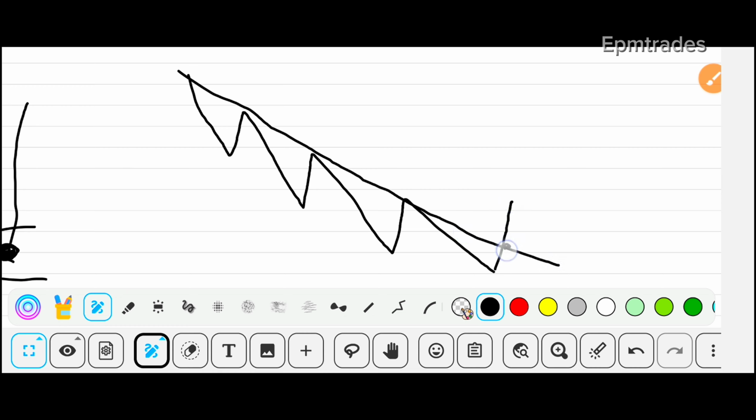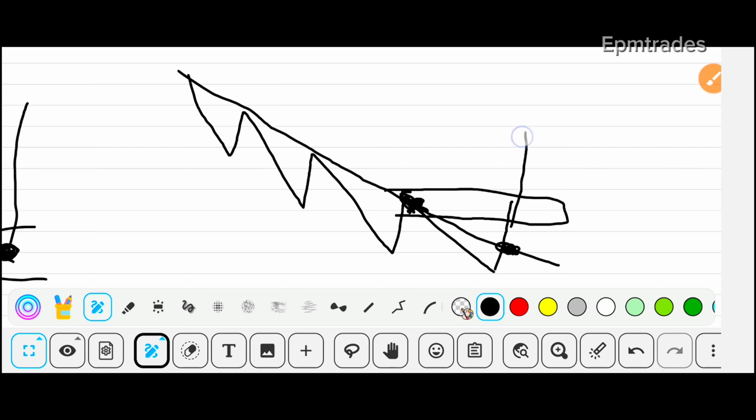Once price breaks this trend line, you wait for price also to break the last high before the break of the trend line. So we wait for price to break this trend line, then break the last high before the break of this trend line. We identify it as a key level. That is true. So we draw something like a rectangular box here and identify it as a key level,